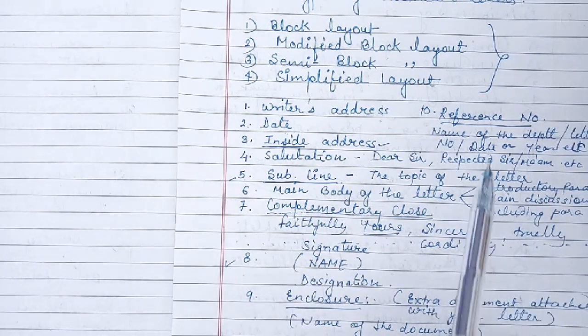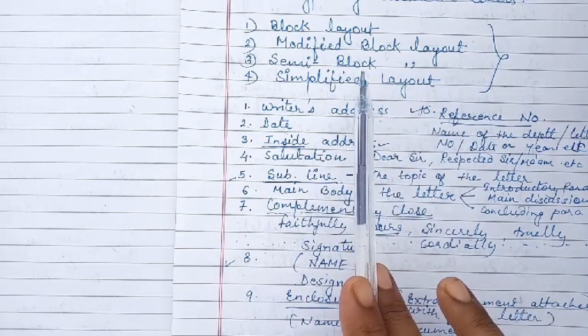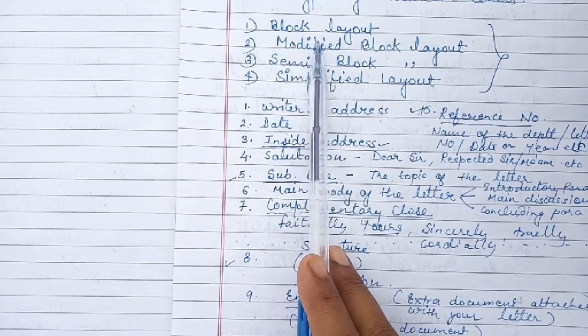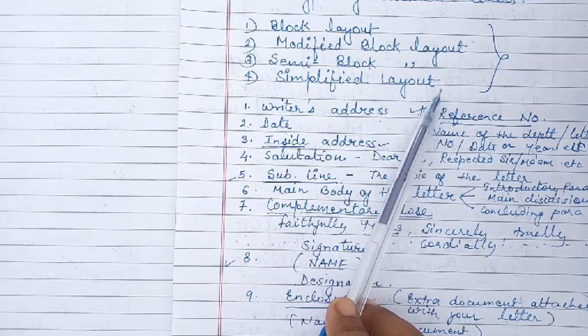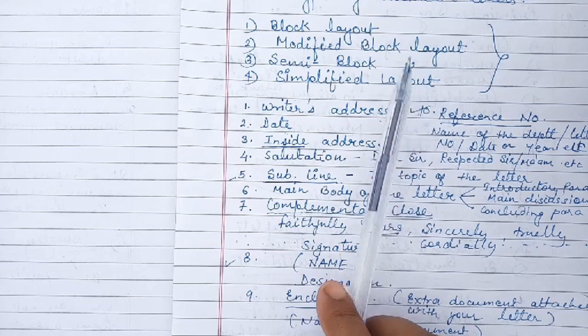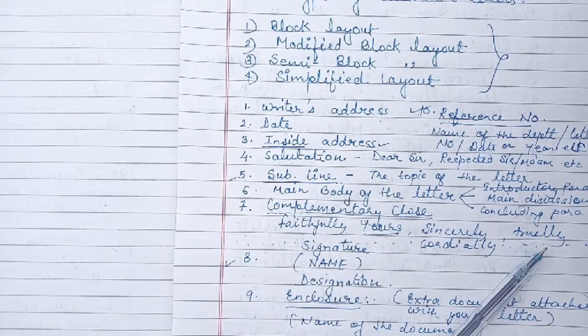So a reference number is an optional element, and it is generally given to those types of documents which are in the routine work. Yes, so these are the contents of a business letter, and on the basis of these contents we frame these layouts. Now we will begin to understand the differences among these four formats: block layout, modified block, semi-block, simplified layout. To understand all these formats we have taken just a text, and you will see the different types of layouts so that you can understand in a better way.